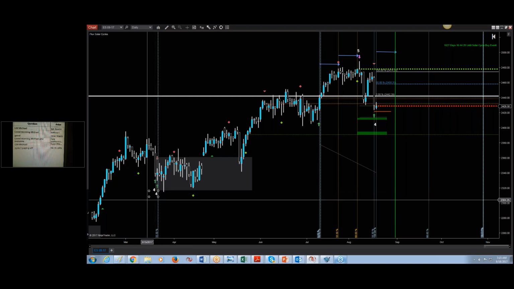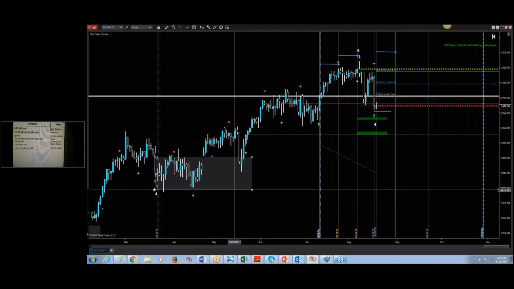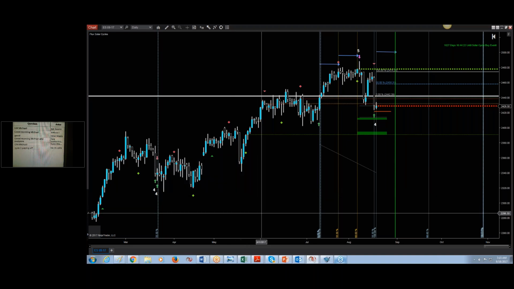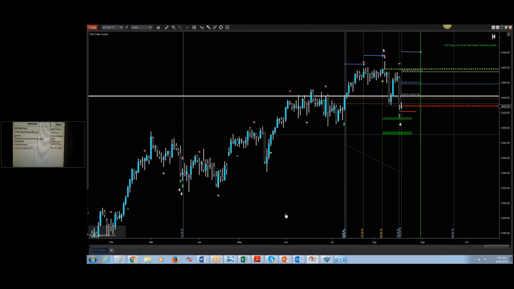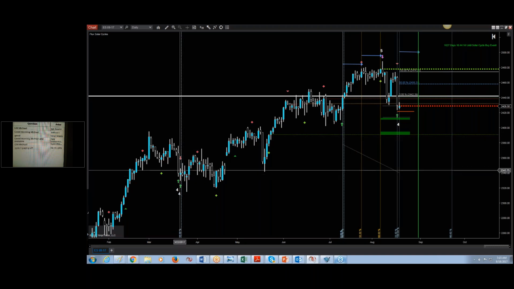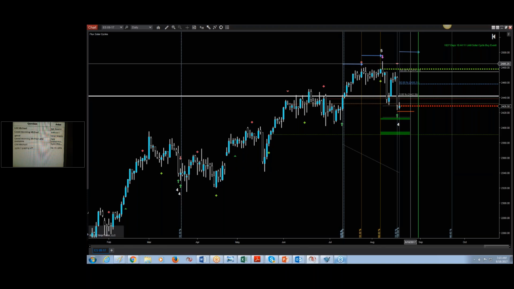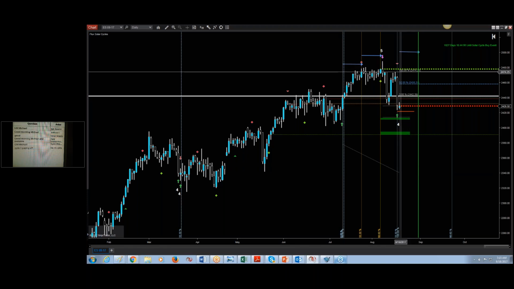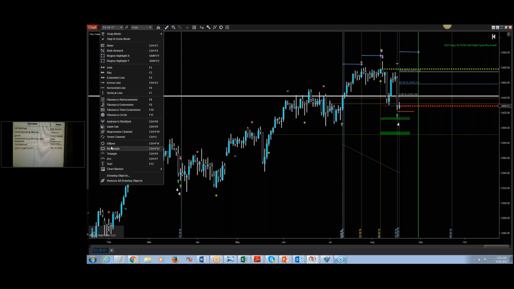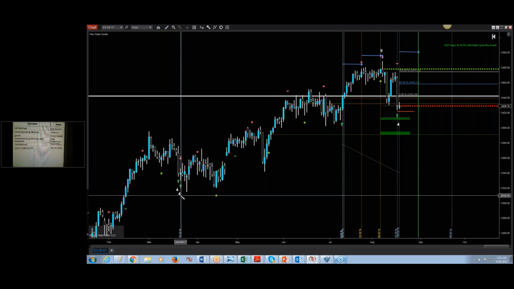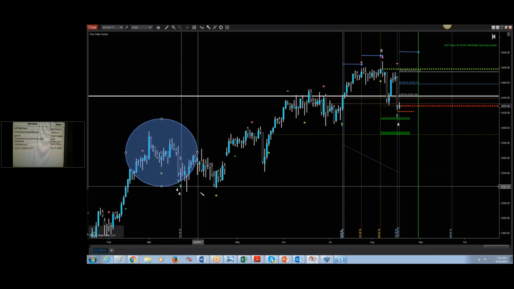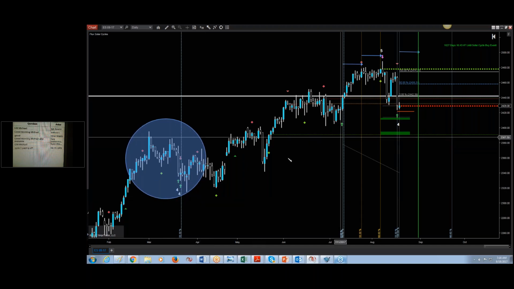And I'm just going to go ahead and direct everyone's attention over here real quick. So we had a pattern number 4 over on this side of things, and we had a pattern number 4 on this side of things. And so if you look with me real quick, you'll notice that there are some similarities to the market in relation to what happened over here and what's happening over here